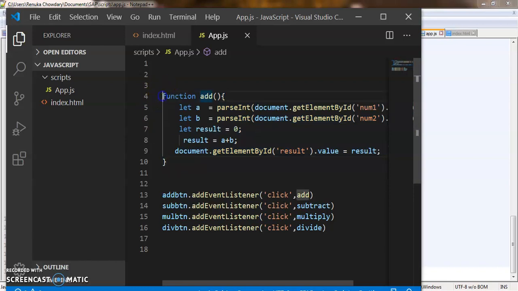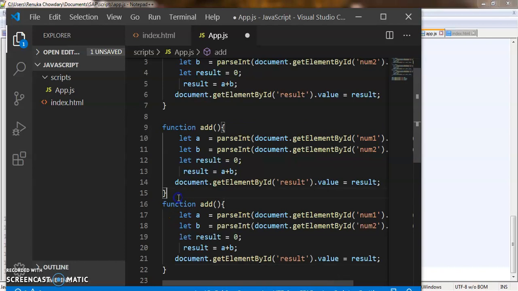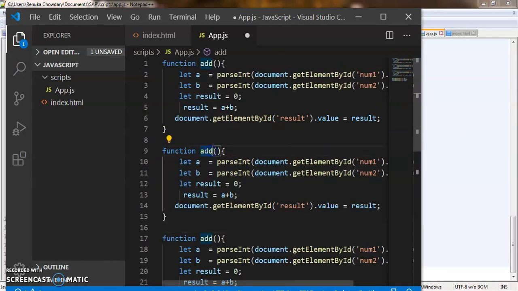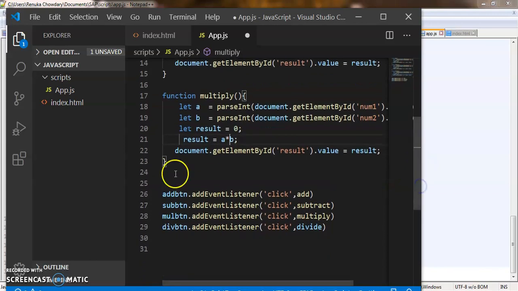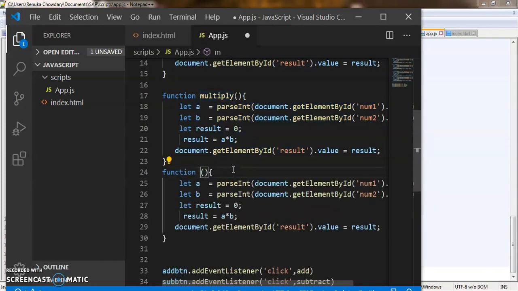Just create functions for each operation. So let's save this and run it in the browser.